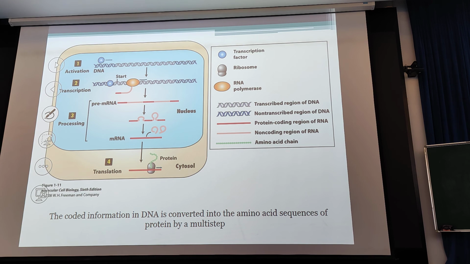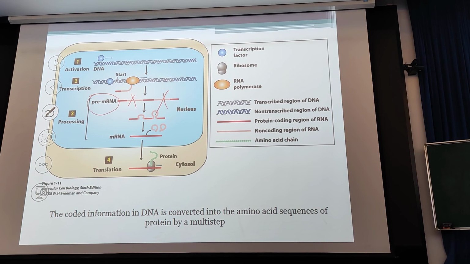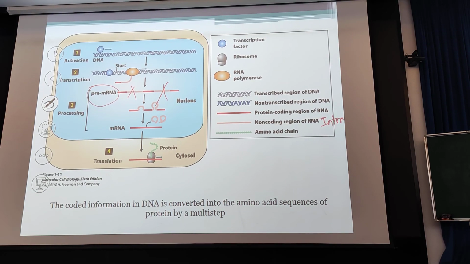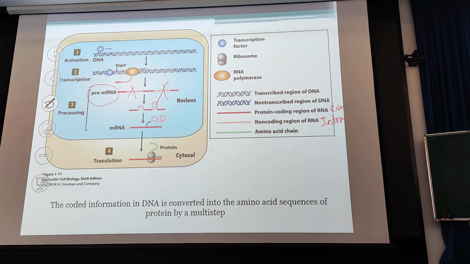process. We have a pre-mRNA, and then we can cut off part of the pre-mRNA. This is the part we call the non-coding region, or the intron. The coding region is called the exon. So when we cut off the introns, we have the mature mRNA, and then the mRNA will be translated into